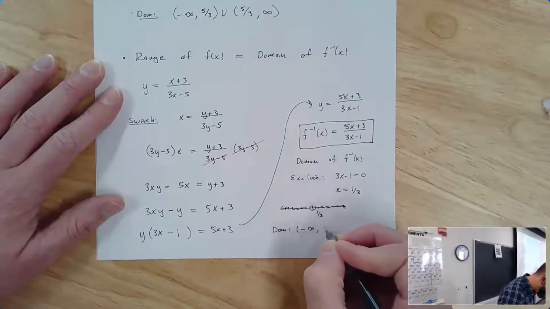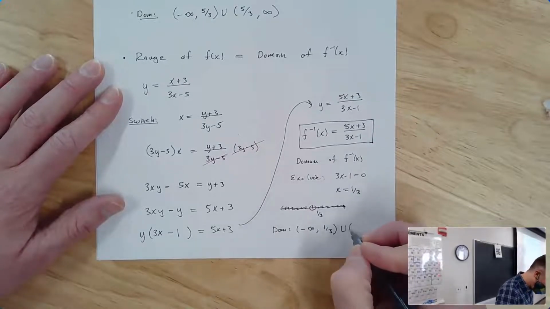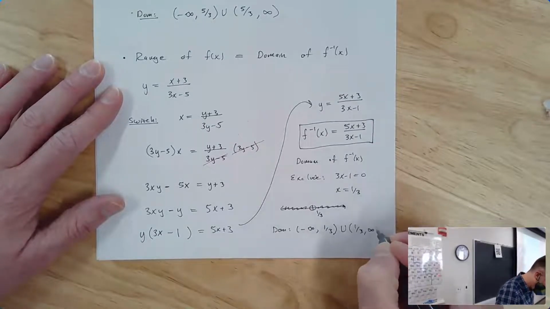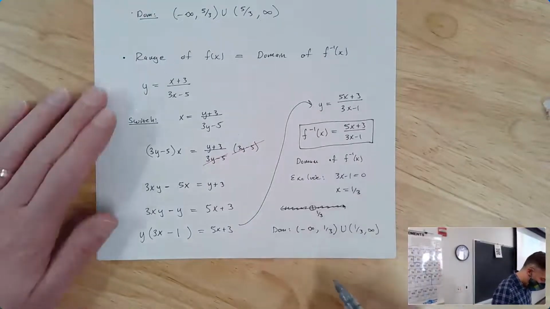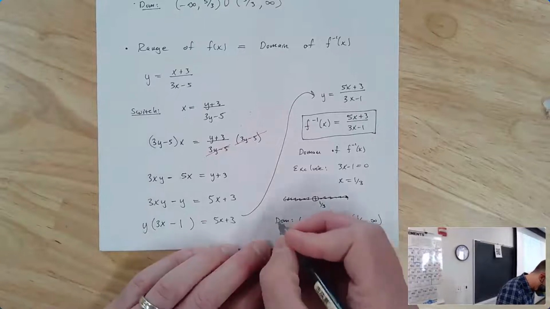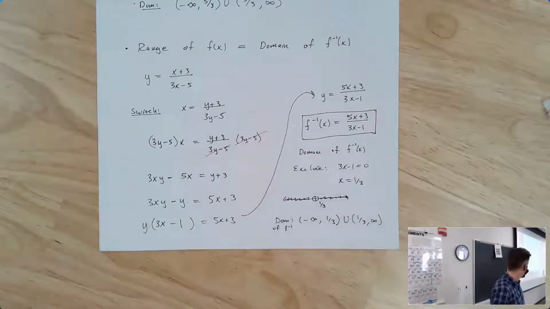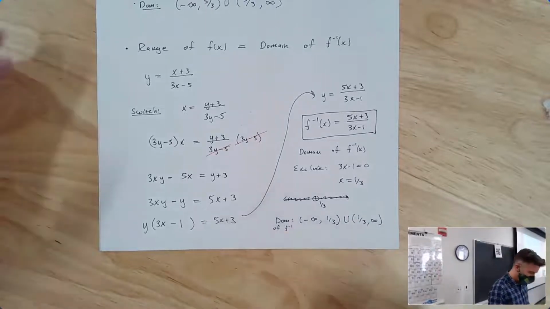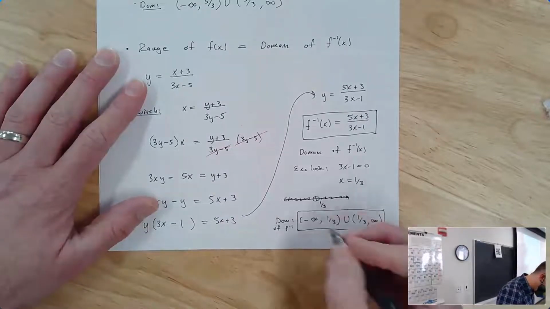negative infinity to 1/3 parentheses, union 1/3 to infinity. That domain is the range, I should say the domain of f inverse. That's my range of f of x. I don't feel like I need to write it again. I'm just going to put a box around it and say, yeah, that's my range